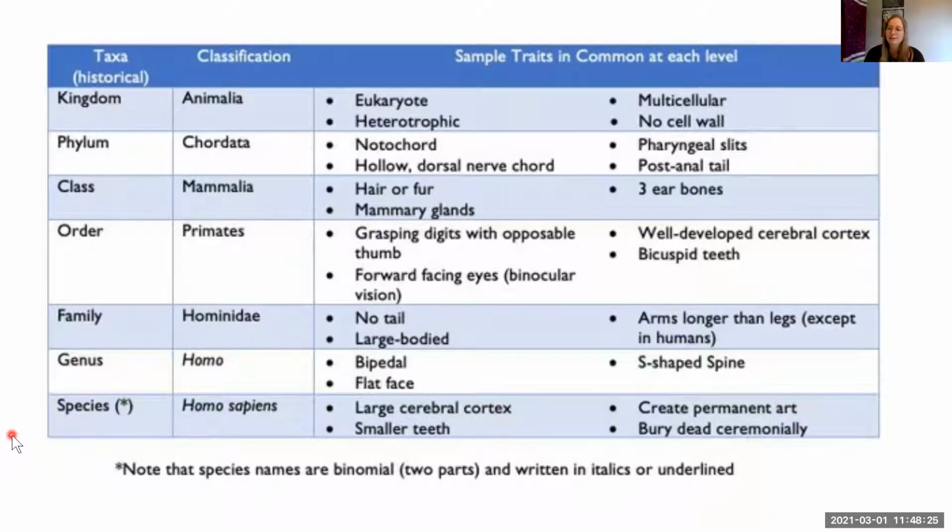And then the last thing about us is our species, Homo sapien. Homo sapiens are unique because we have smaller teeth. We cook our food, we cut it up into little bits. We don't need to gnaw it off the bone anymore. We have large cerebral cortex. The cerebral cortex is the portion of your brain where you do thinking and higher order functions like speech and emotion and feelings. And we also bury our dead ceremonially, which is interesting, but we are not exclusively the only organism to do that on Earth.